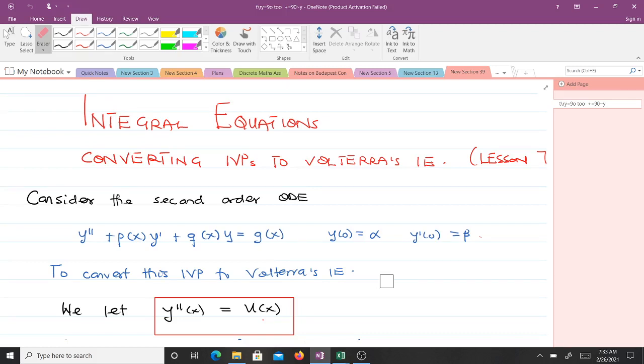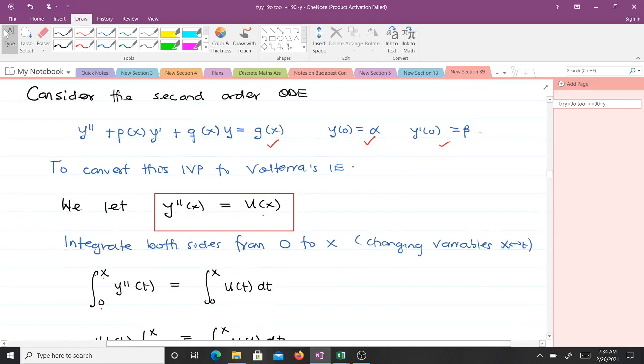So let us consider a second order ordinary differential equation of this form, with initial value conditions. So y of 0 is alpha, and y prime of 0 is beta. To convert this initial value problem to the Volterra's integral equation, what we do is that we let u